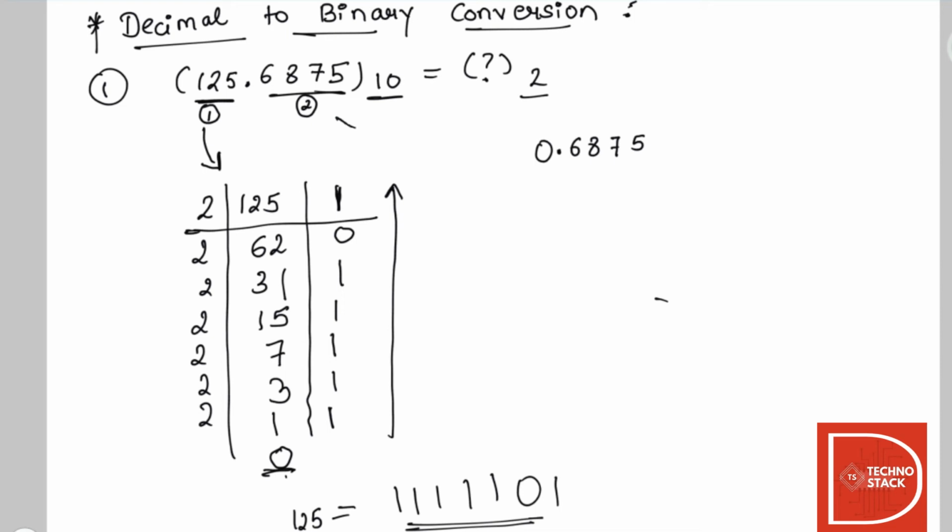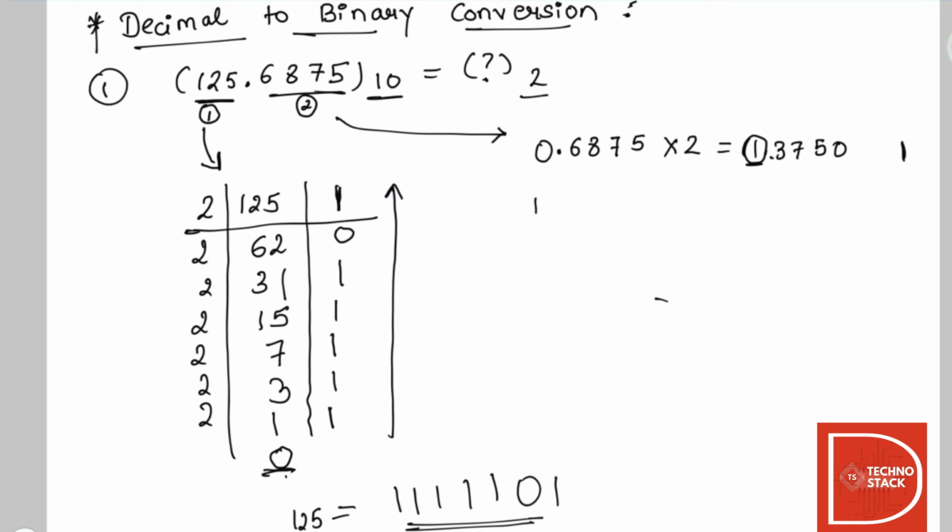As we divided the number before the decimal point by 2, for the number after the decimal point, in the second segment, we'll multiply it by 2. You have to remember that in any given number, when converting from decimal to binary, the number before the decimal is divided by 2 and the number after the decimal is multiplied by 2. So 0.6875 times 2 is 1.3750. Whatever the integer part is, we'll keep that.